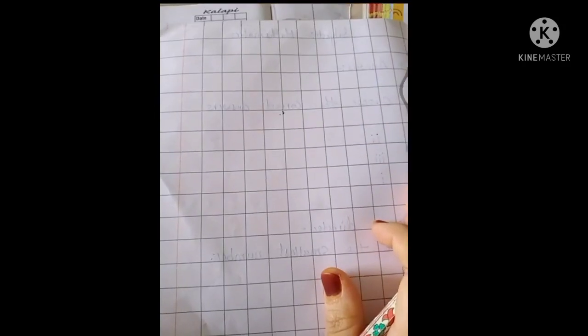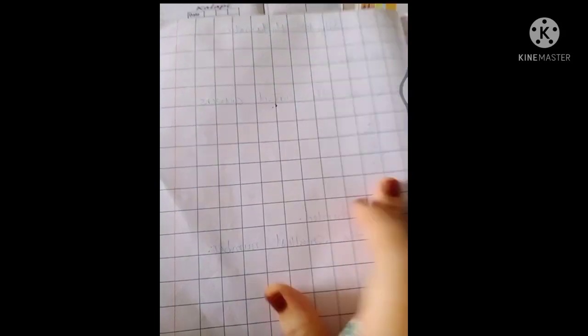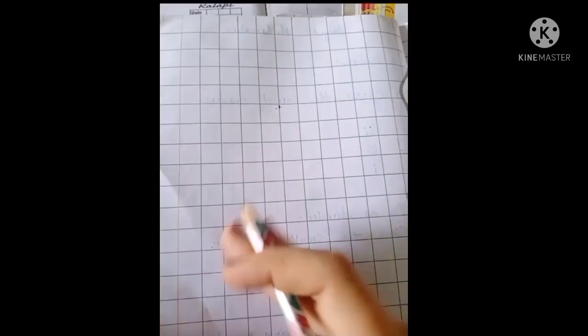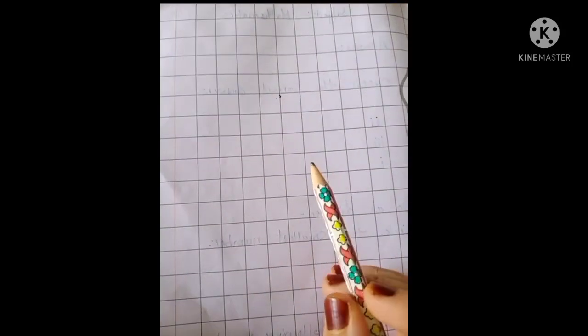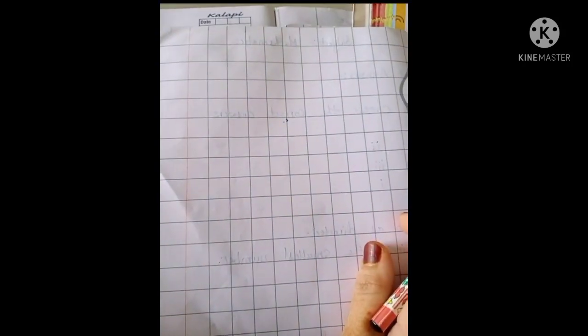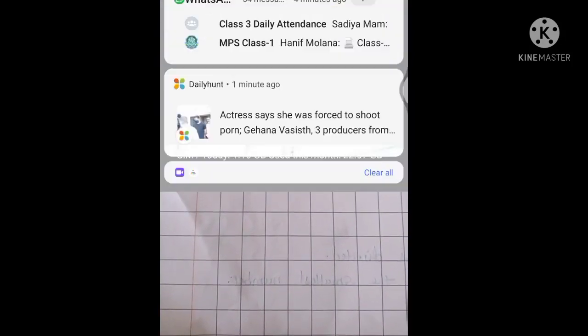Yes or no, everyone? Whenever you are starting your CW of your chapter number 4 subtraction, one thing which is important, you have to start a new lesson with a new page. कोई बात नहीं अगर आपके इससे आगे वाले पेज में स्पेस भी है तो भी every time whenever you start a new lesson, you have to start from the new page. Got it? So on a new page, first of all, you have to mention date.